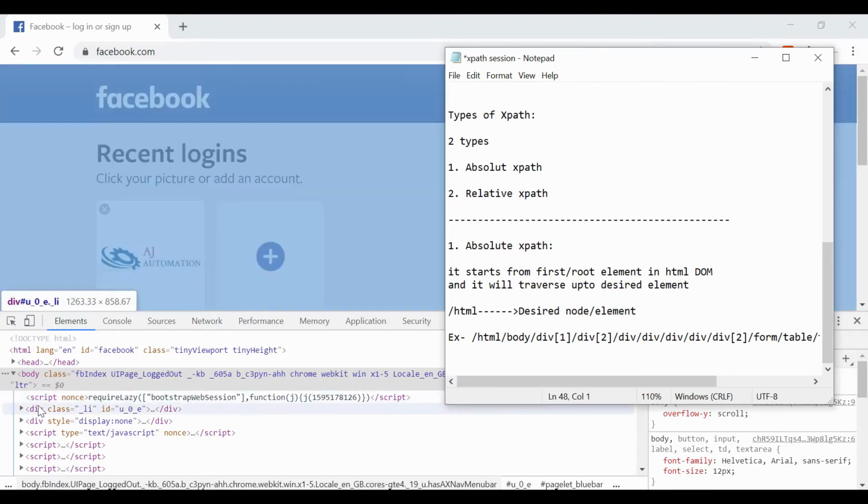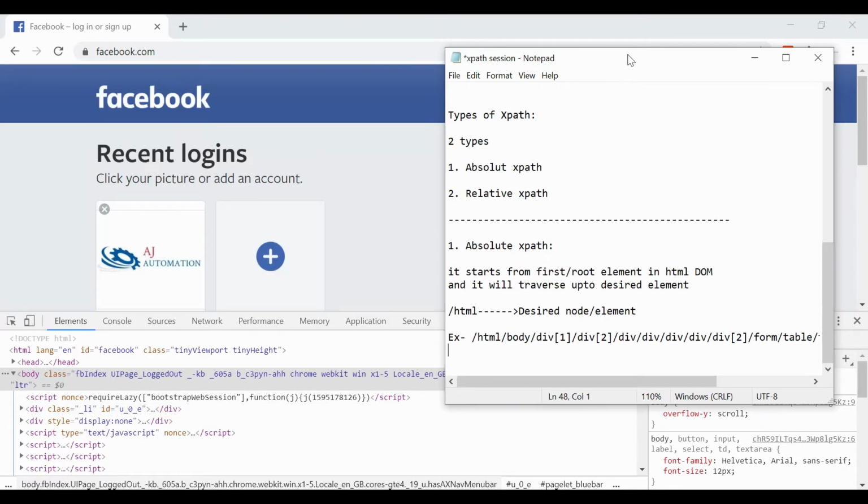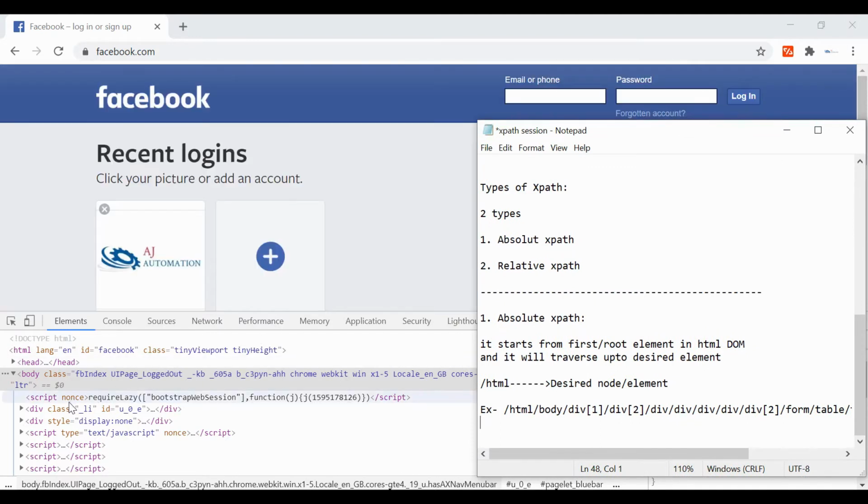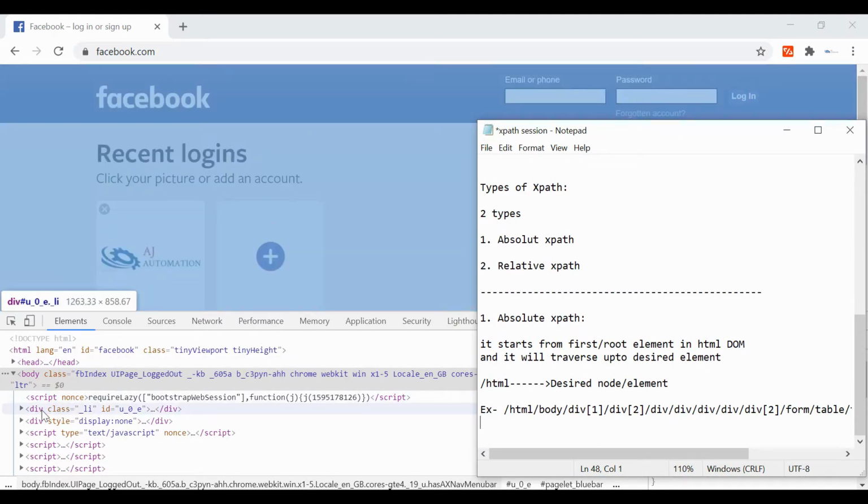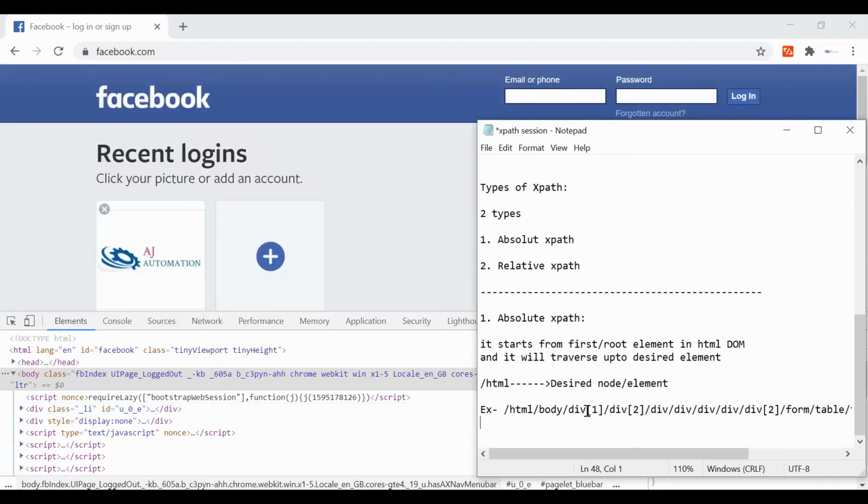In the first child our element is not there, but it's highlighting the entire page, which means it's somewhere in the div tag. So it goes under the div, and this is called indexing.